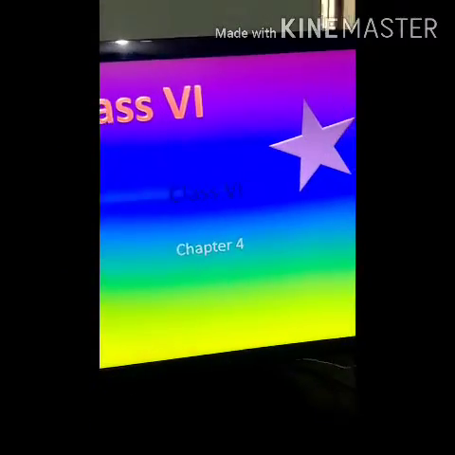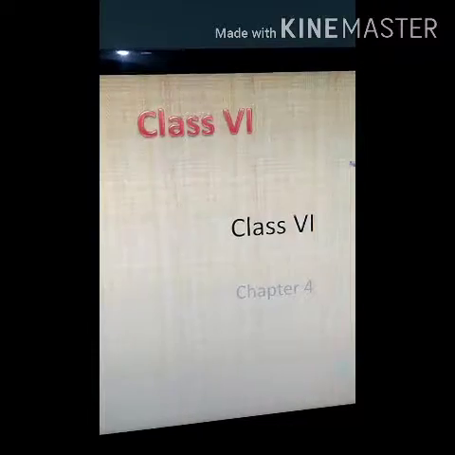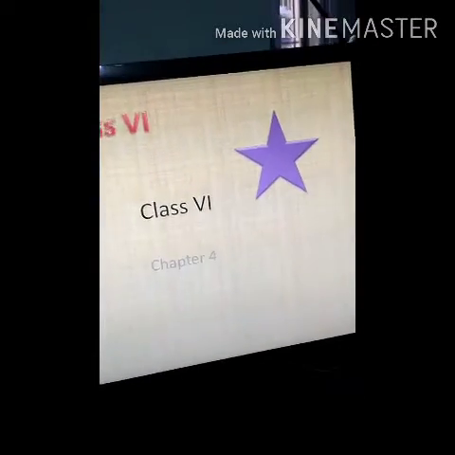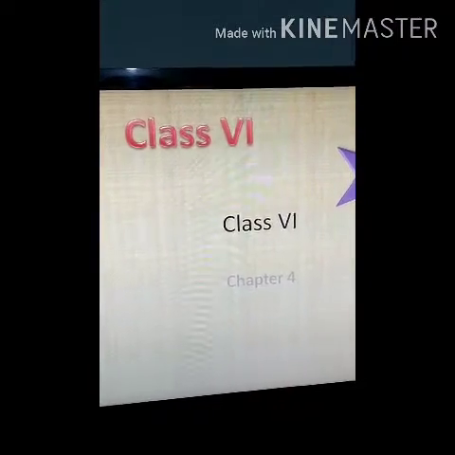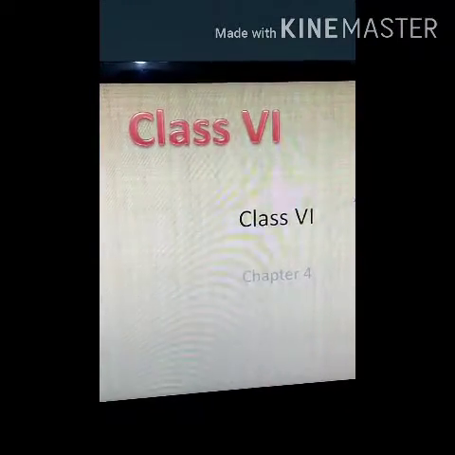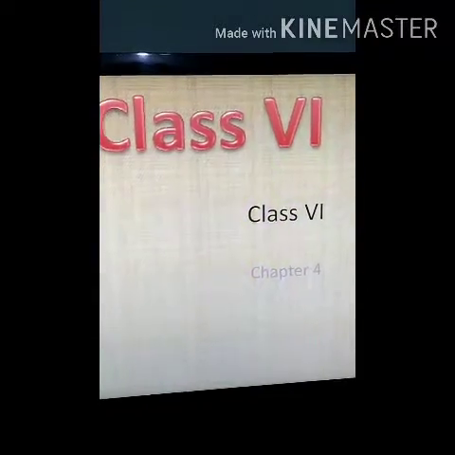Then when I next click, the slide transition has come, and the next slide, and click. This is increasing the font size. After that we can close this slide. So slide transition, I hope you understand.